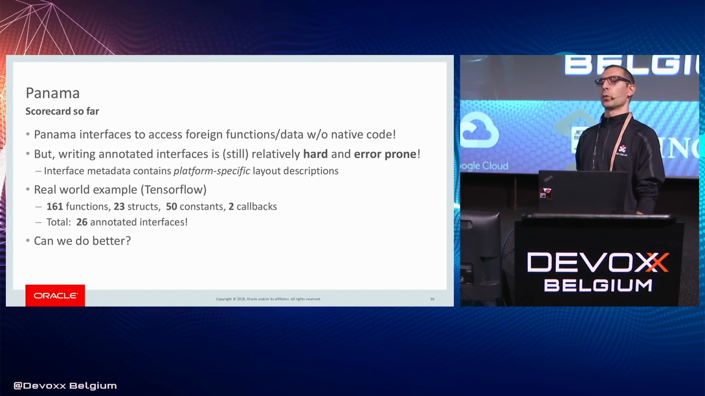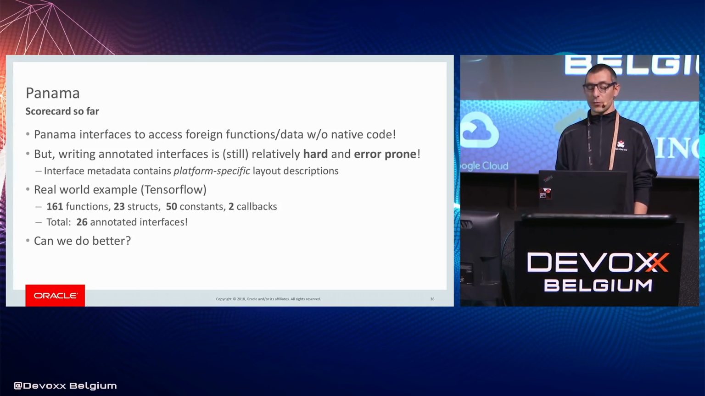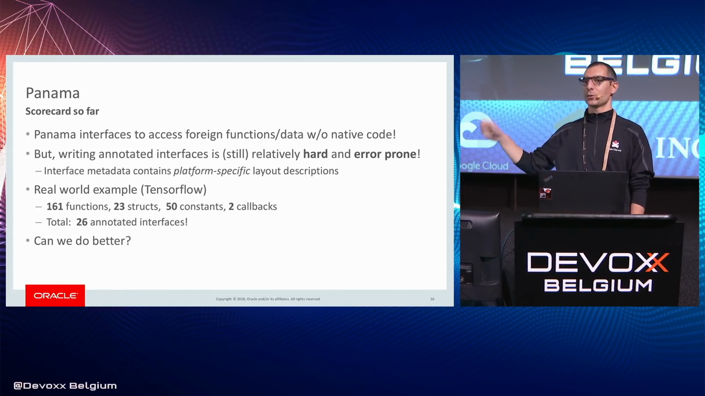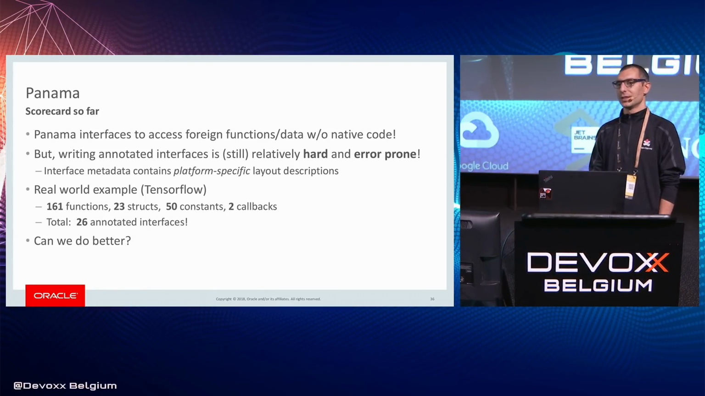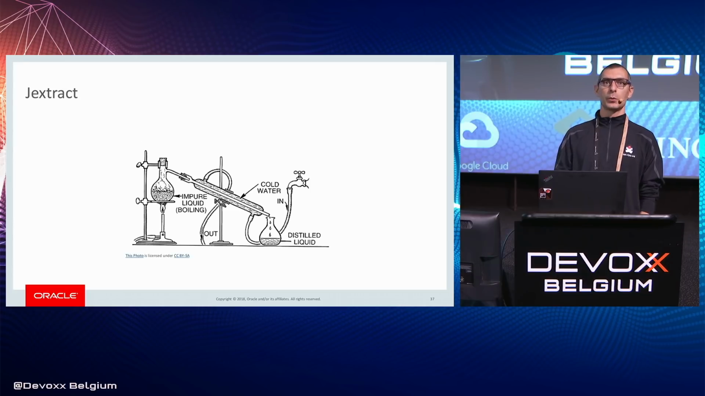Let's consider TensorFlow, which is a real case. It has a header file, and this header file has 161 functions, 23 structs, 50 constants, and 2 callbacks. Am I supposed to know all the machine-dependent representation for all these functions? This can get ugly pretty quickly. So I think we need a way to do it better, and the way to do it better in Panama